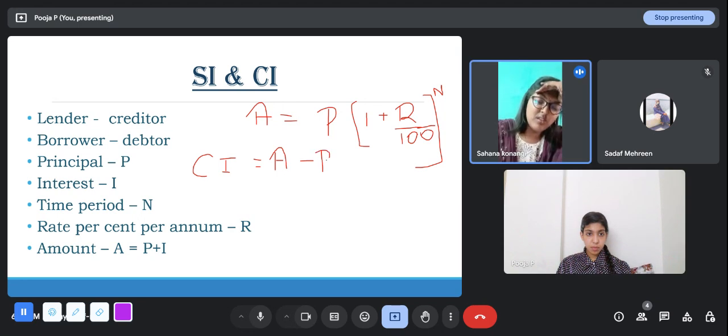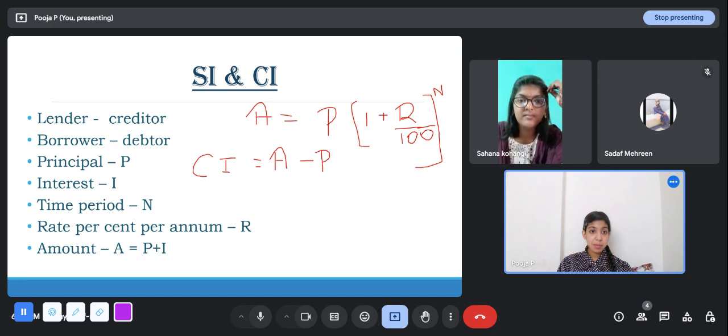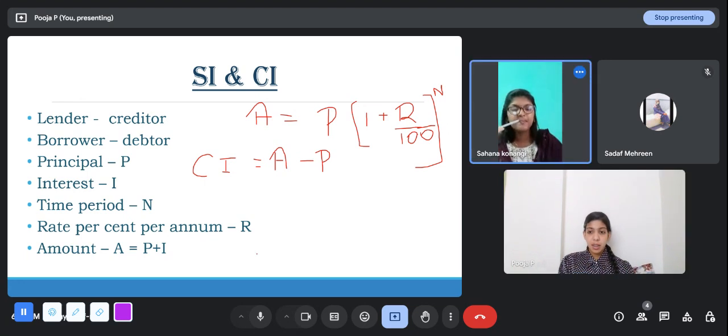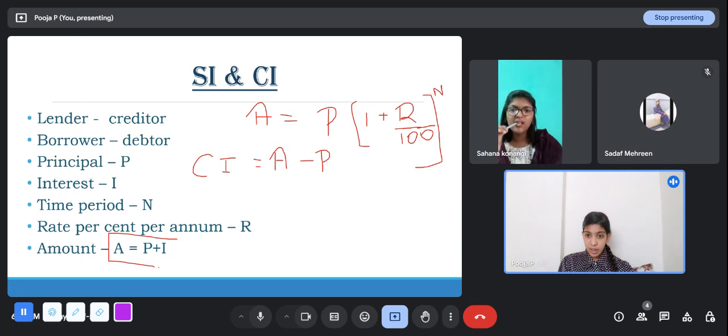Amount already has one formula, no, ma'am. Principal plus interest. Not for compound interest. Because simple interest, yes, this works. For compound interest, your amount is compounded. You will understand once we start taking up problems. When we take up problems for regular compound interest, we will solve the same with simple interest also. We'll take the same P and R values, and we'll solve with simple interest, and we will see the difference. Yes, this amount formula works for simple interest. So, by definition of amount, yes, this is the formula.